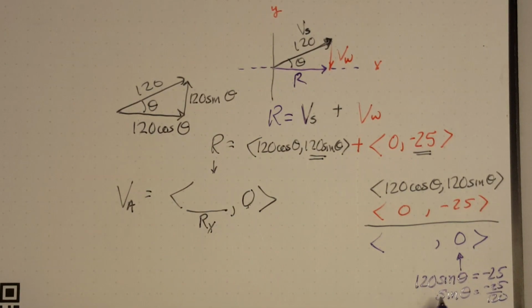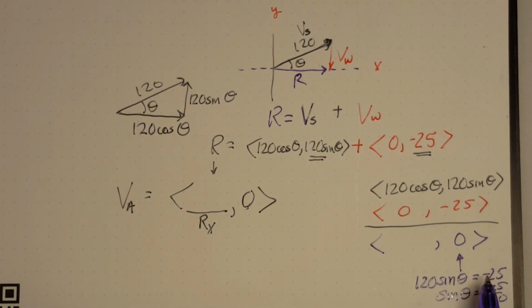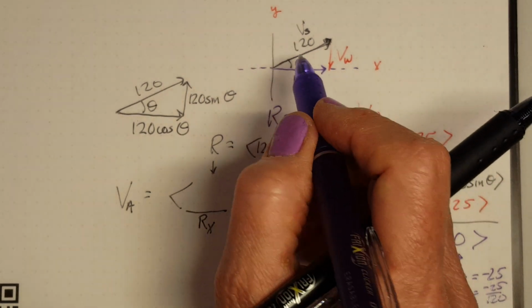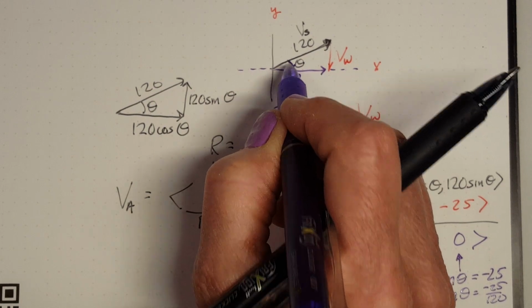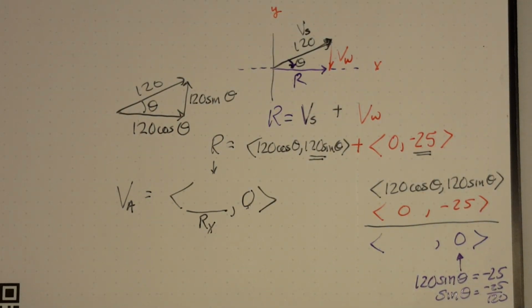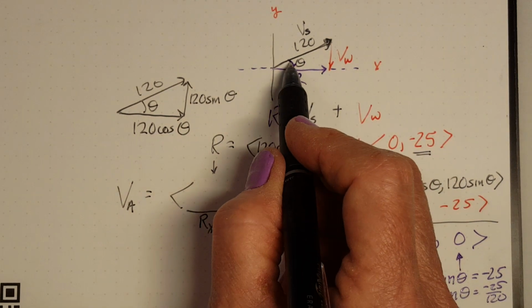And so when I do sine inverse of that, I'm going to get that the angle has to be negative 12 degrees, and that would be the angle going this way. And so if this angle is,